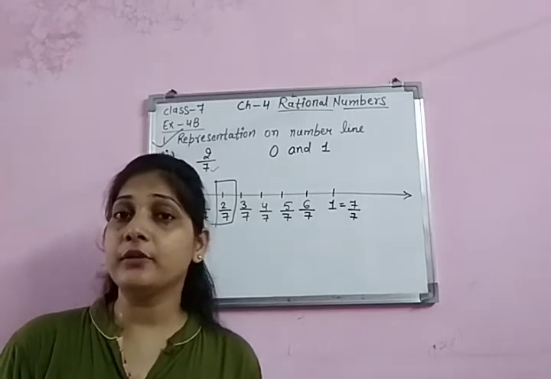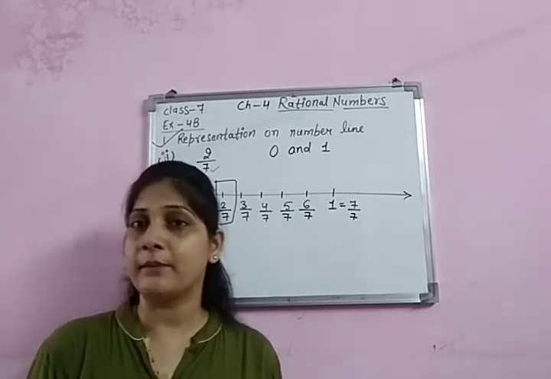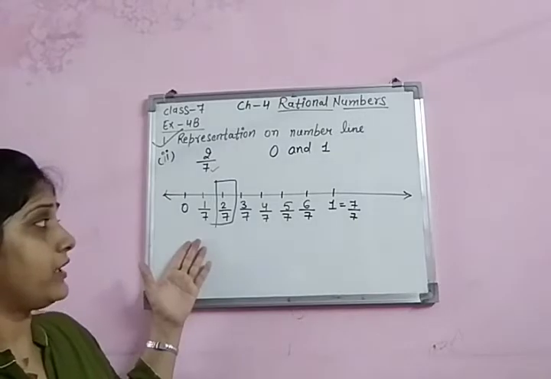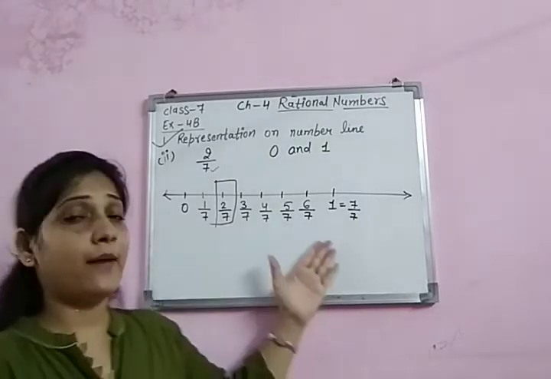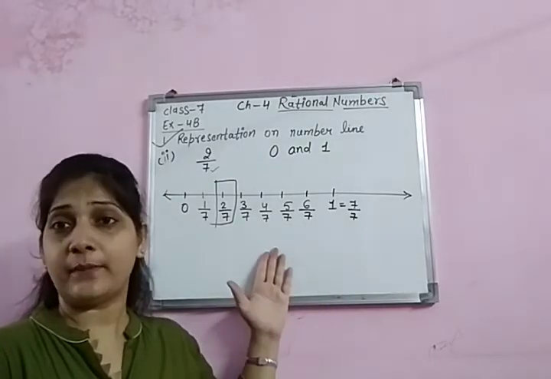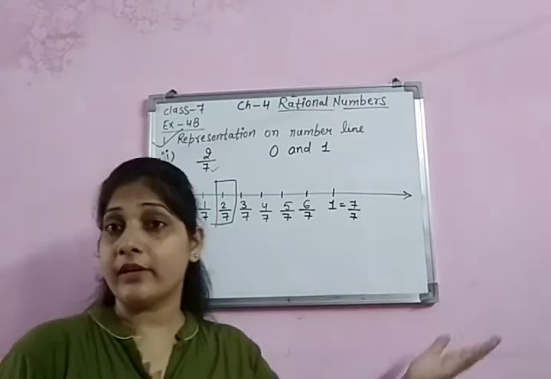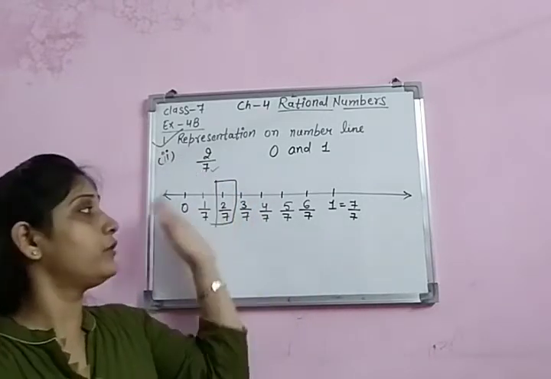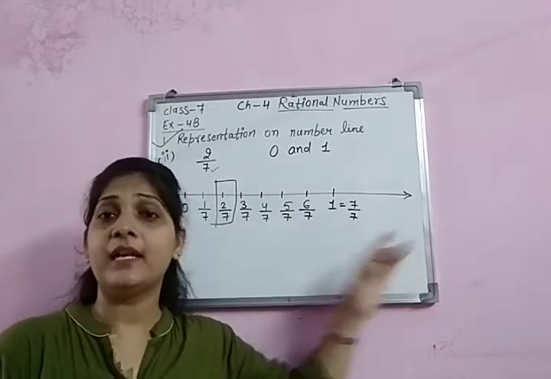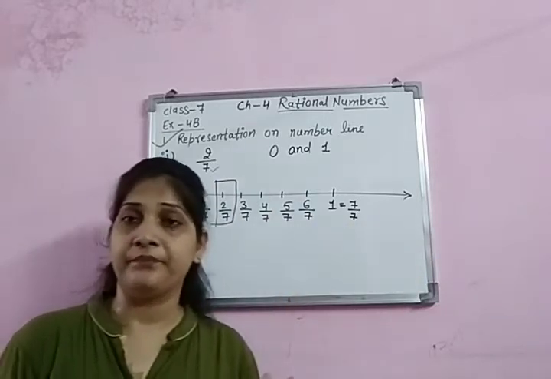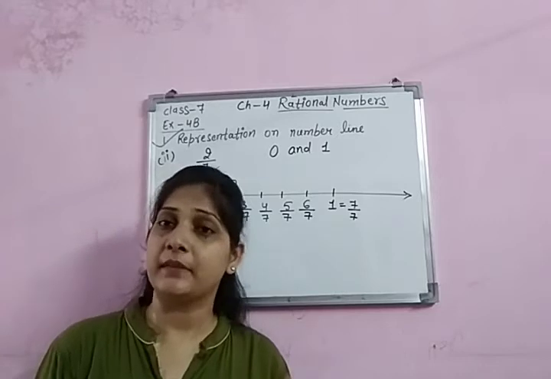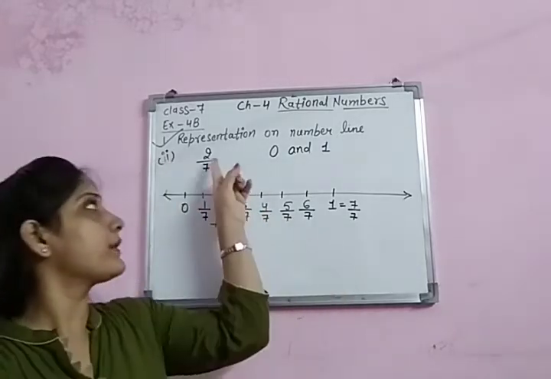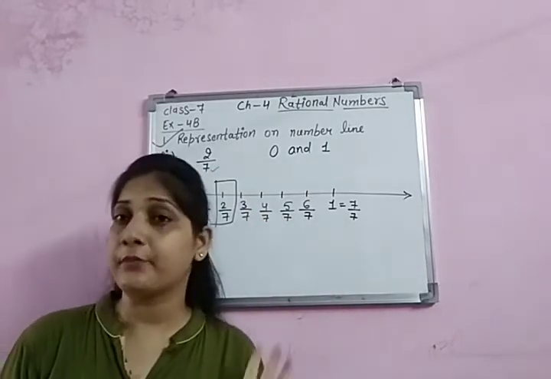Now I told you that there are infinite rational numbers. So you can see infinite rational numbers, because suppose if I am doing 20 equal parts, it will give me more rational numbers that exist between them. So it depends on what the denominator is. You have to make those parts equal and then find your answer. I hope the first number line is clear, when the positive rational number is given as a proper fraction.